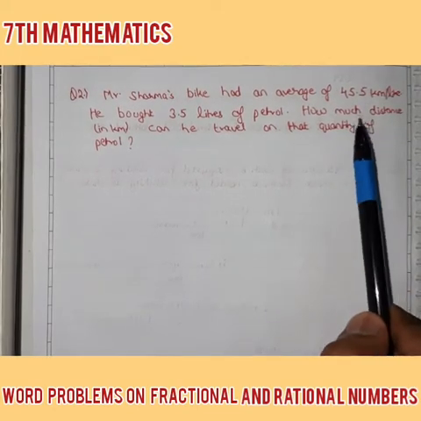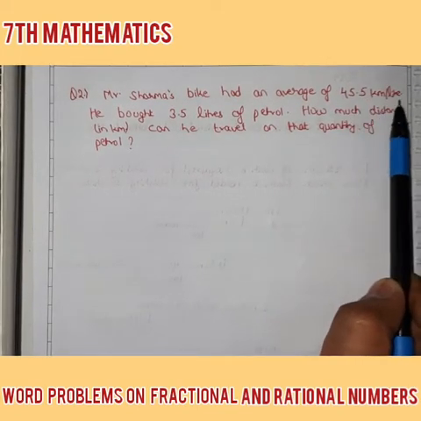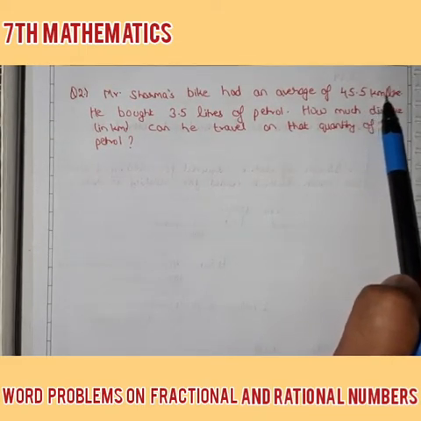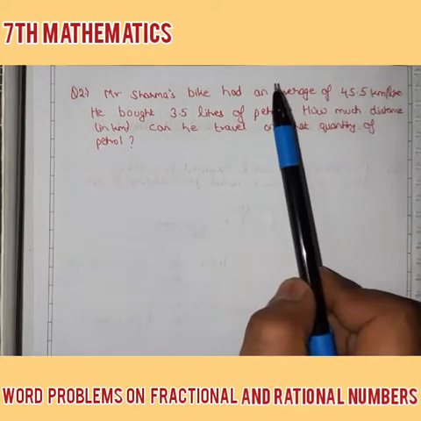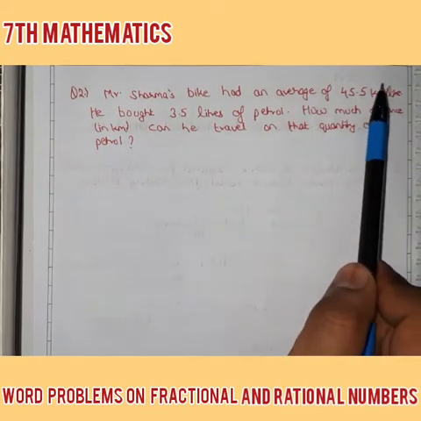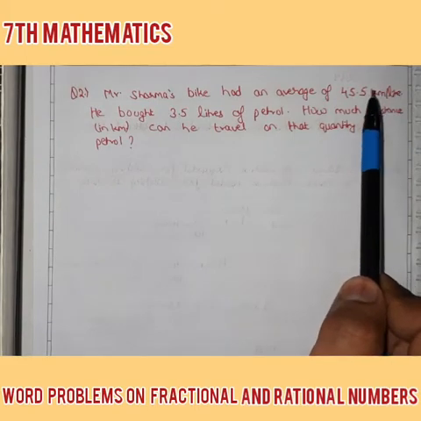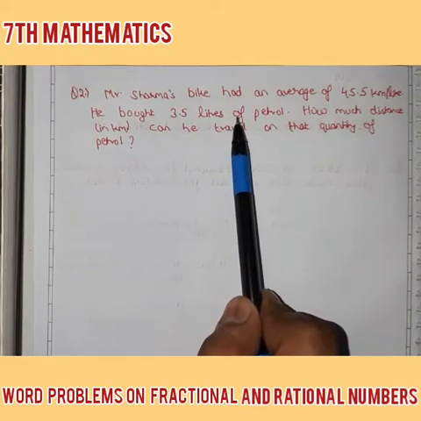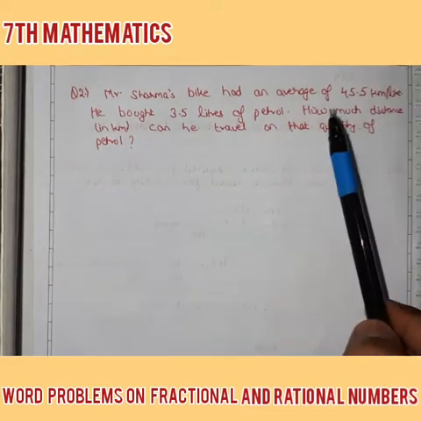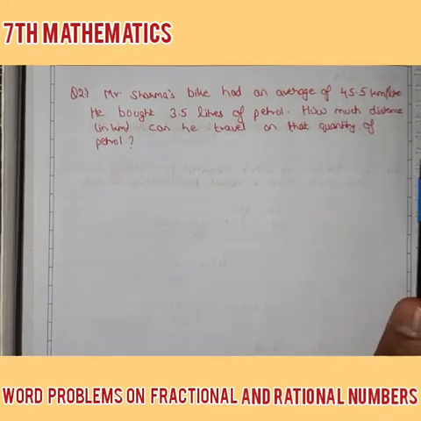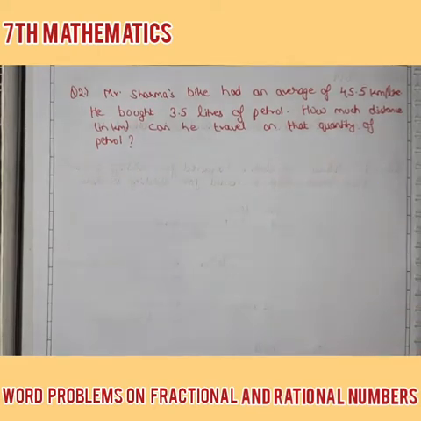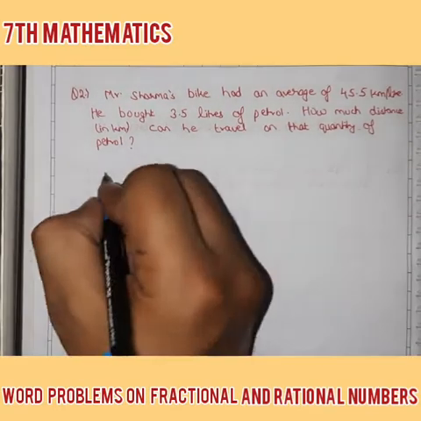How did I come to know that it is in 1 liter? See, it's written 45.5 km per liter. This is read as per, this slash, 45.5 km per liter. Now it is given that in 1 liter the bike travels 45.5 km. So it's asking that in 3.5 liters of petrol, how much will the bike travel? So simply the distance the bike travels in 1 liter, multiply it by 3.5. Whatever the answer will come, that will be the final answer. Let's see how we can write.